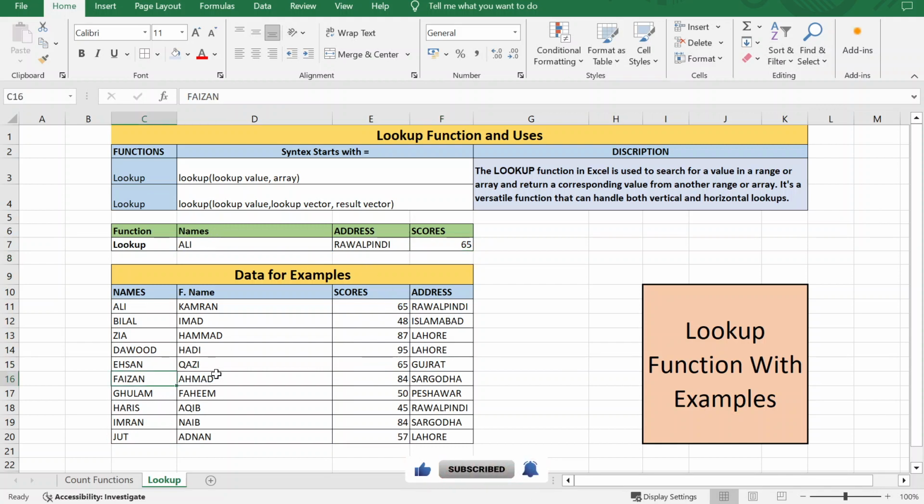Now let's find out for Faizan. I'm going to paste Faizan over here. Faizan is residing in Sargodha and he has got 84 marks. So this is how we can use lookup in a simple way and in a little bit complex way. There are two different parameters over here. So I hope you have understood all the